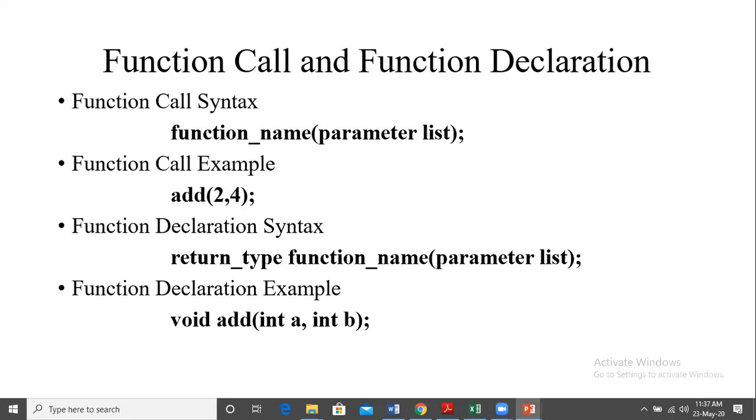The function call syntax is to specify the function name, within bracket give the parameter list. So here we will give the values, or we can give the name of the variable. If we are taking input, for example, previously we defined void add int a comma b. That means we need to have the value of a and b. How do we call this? As per that example, name of the function is add. Within bracket, we will give the value of two integers, 2 comma 4. So this is the statement which is function call.